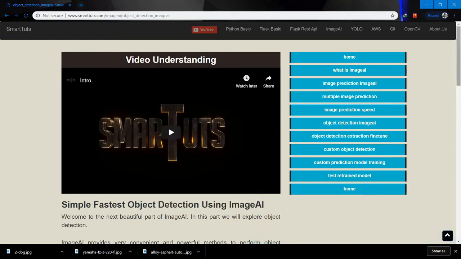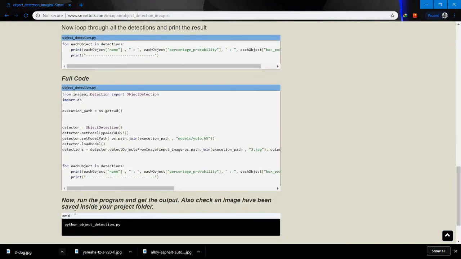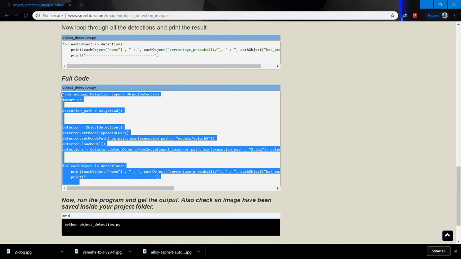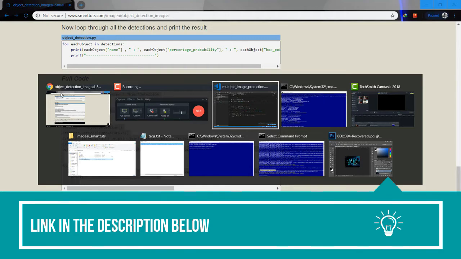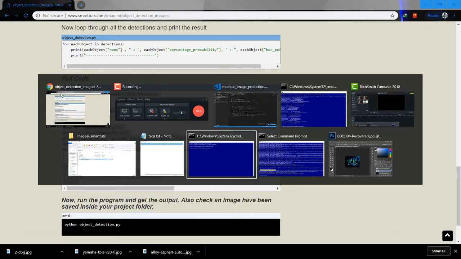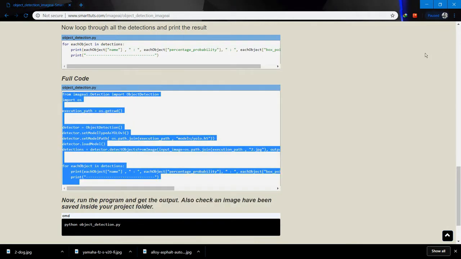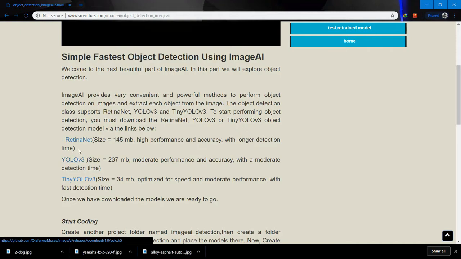Let me first copy the code. I should create another project, which will be very useful for you, because it is using other weights: ResNet, YOLO and Tiny YOLO.